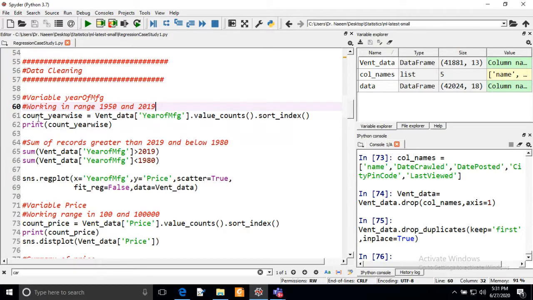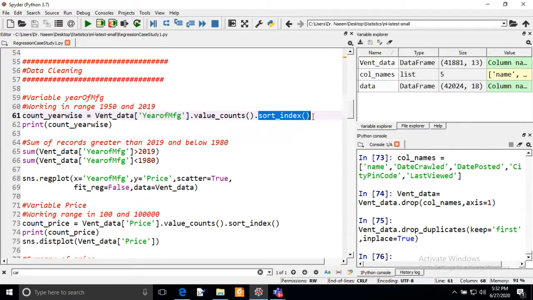So now, count underscore year wise. This is the variable I'm creating. I will take the year of manufacturing column from the ventilator data and use dot value underscore counts. So I am creating a one-dimensional array, and this array will contain all the years of the ventilators, and I will also use sorting.